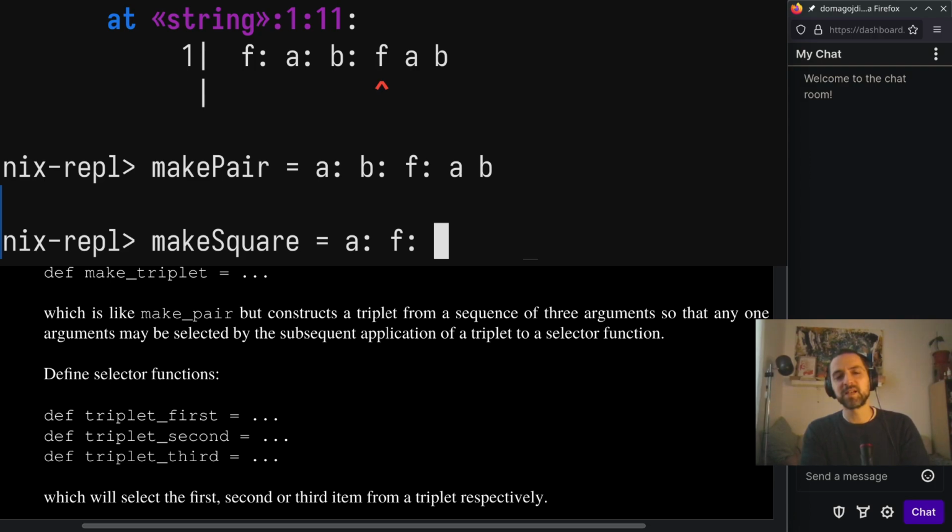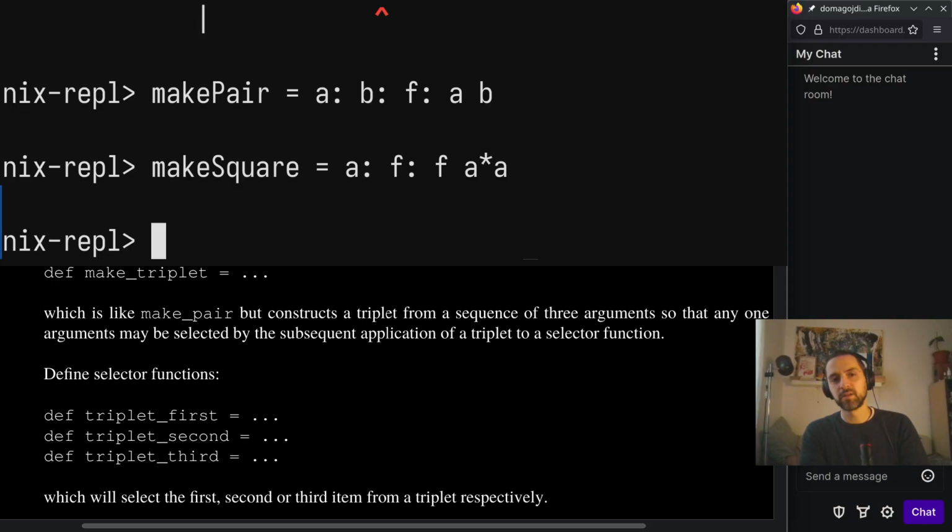So this is like our apply. And then f, and then a times a. Look at this, make square. So now it should do make square. We don't have square. We have to have square as an f. Look at this, square. Square lambda f is, square is what? F times f. Or like x times, oh, f is,